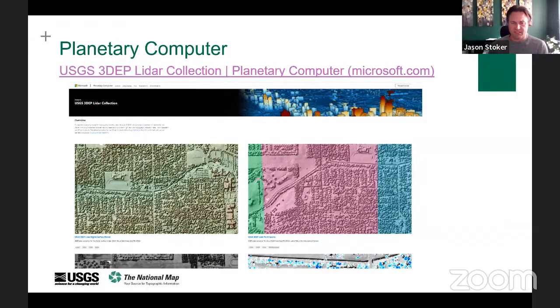One of my favorites is the height above ground product they've created, where instead of just looking at the elevation data, they've done normalized differencing of the bare ground. Now you can go straight into the Planetary Computer and start working with the height above ground data without having to do that pre-processing step to create it.